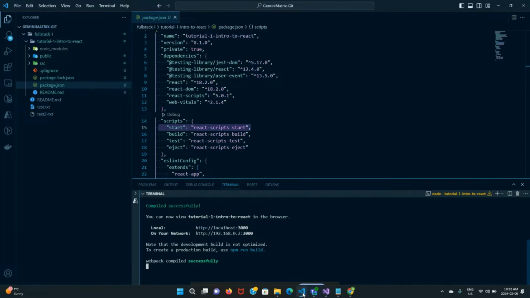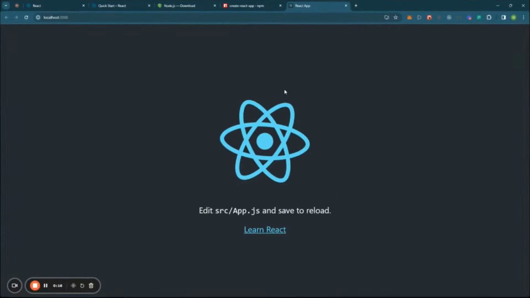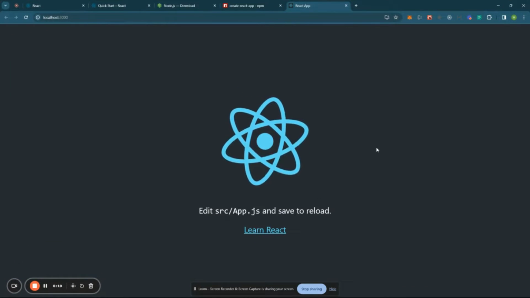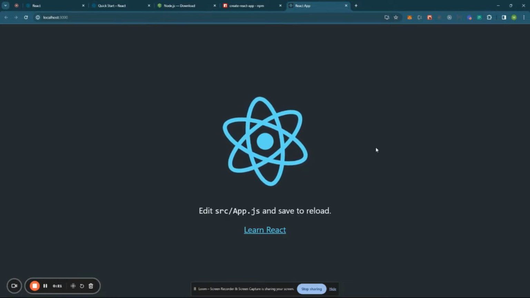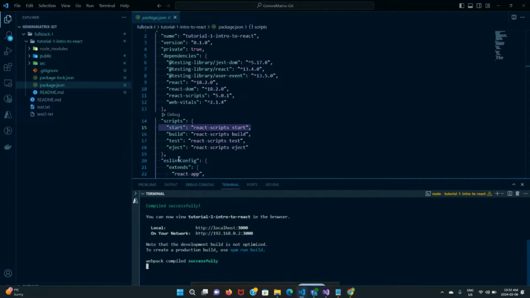All right, that did finish running. You can see right now it compiled successfully, which is what we want, and it says that it's available on localhost 3000. So we can actually control-click into that, but I've already done that. And it gives us this page right here. This is our React app out of the box. And if we were to go and explore that a little bit,